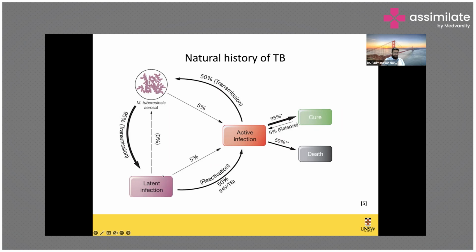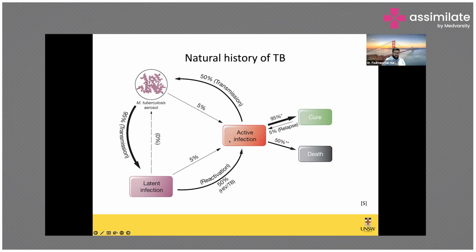And in my PhD, I did a survey in Vellore, in association with CMC Vellore, and found that 50% of the household contacts and 50% of community members had latent TB infection. So you can see the latent TB infection burden is very high in a country like ours, okay, because we have very high infection burden. So if you screen 50% of them with tuberculin skin test, half of them will have latent TB infection. So of those with latent TB infection, 5% will go on to become active TB disease during their lifetime. Because it's very important to know that.